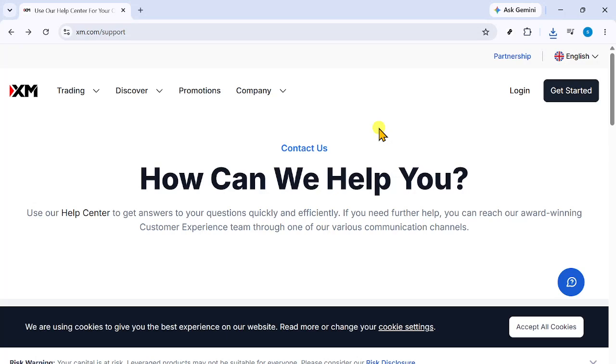Hello, today we will guide you through how to change partner code in XM. If you are trying to update the partner code connected to your XM account, it is important to understand how the process works before you begin. In XM, the partner code is entered during registration, so this is something you need to pay attention to at